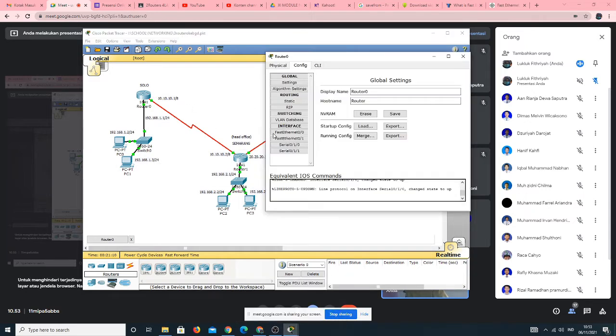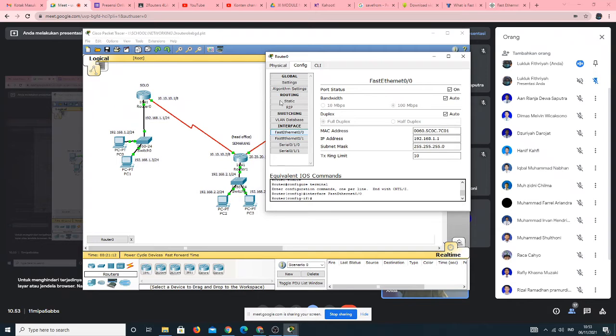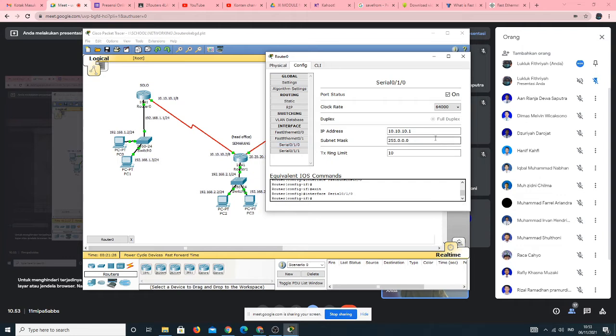So for the fast Ethernet 0/0 of router Solo, or router 0, we are using IP 1.1 and the subnet mask. And for serial 0/1/0 of the router Solo, we are using 10.10.10.1 and the subnet mask.